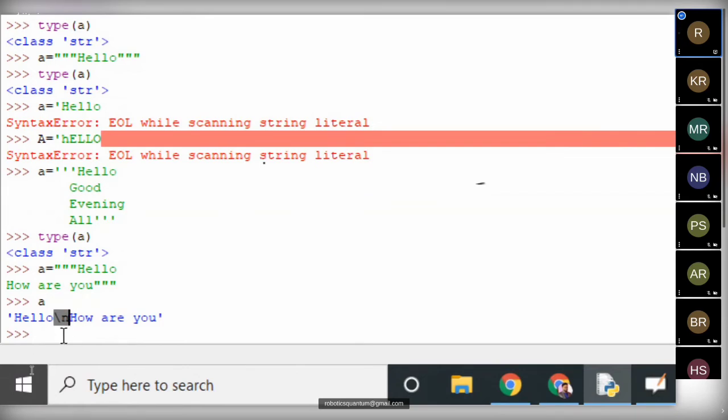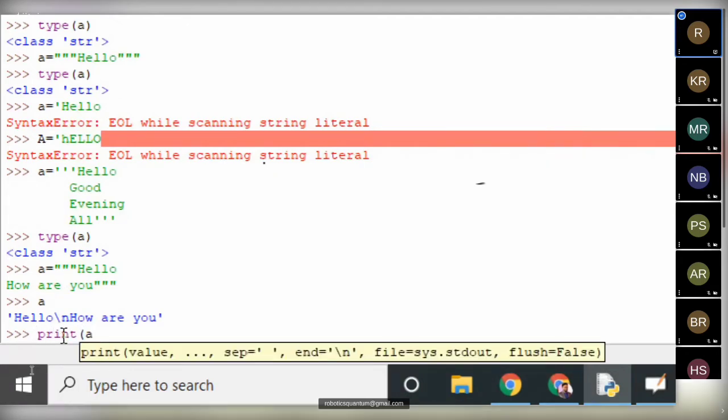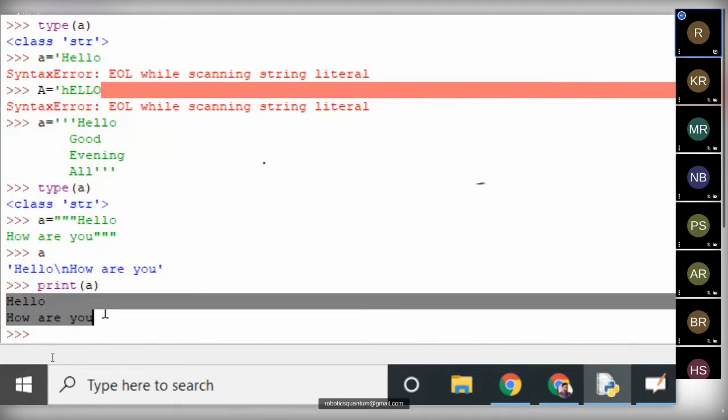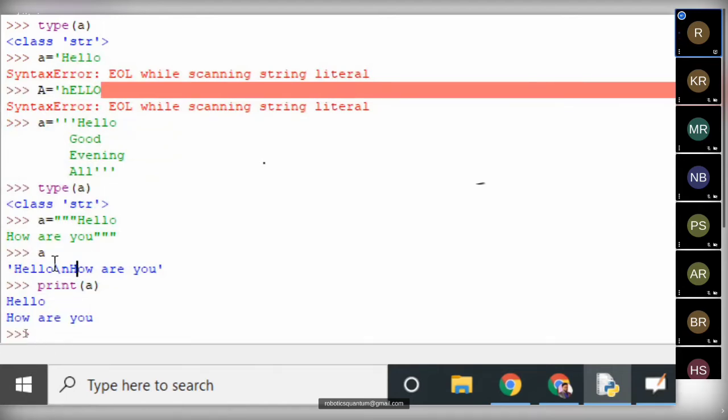When we print it directly using the function print of a, it clearly shows the output in two lines. Instead, if we use only a to show the value, it shows a backslash n symbol after the line. Okay, so that's the way.